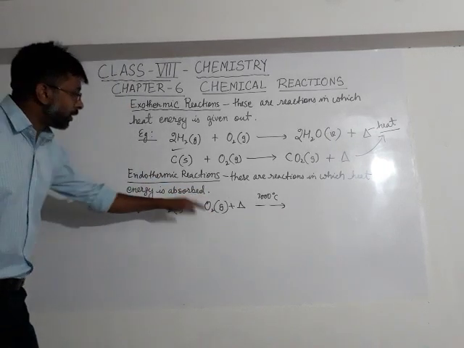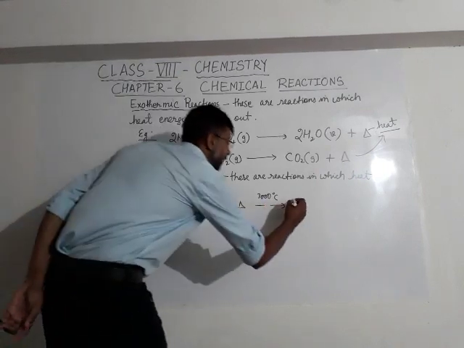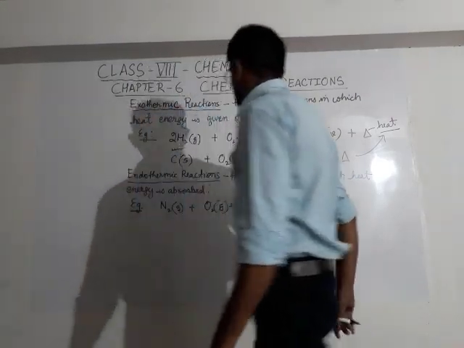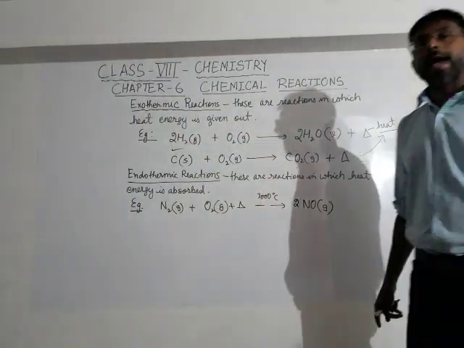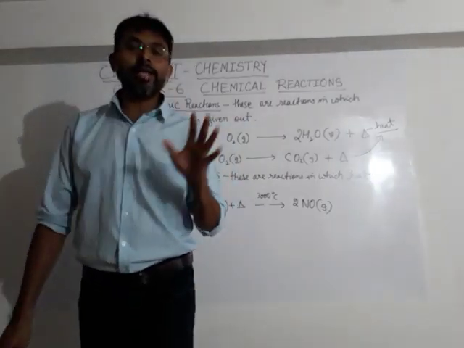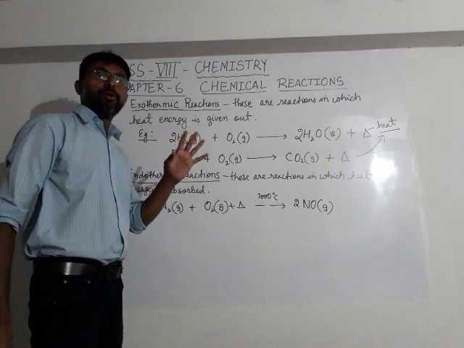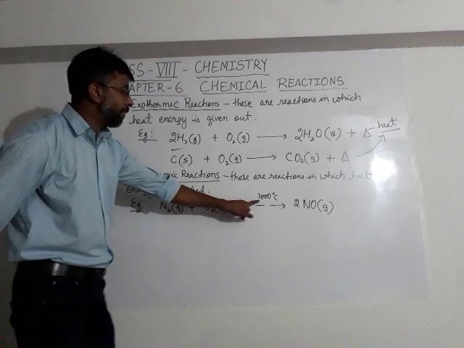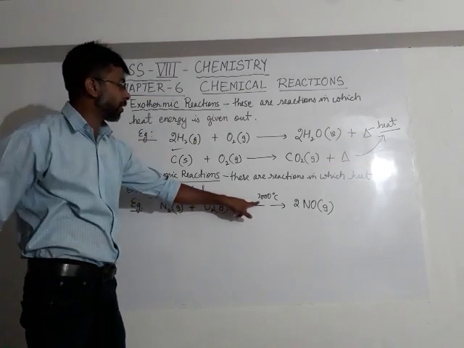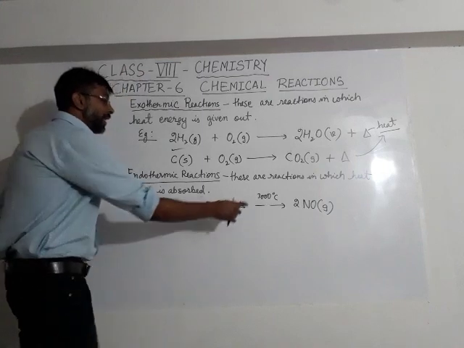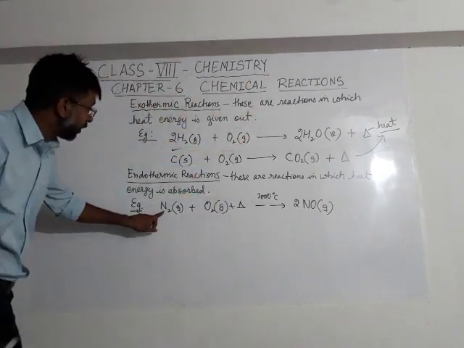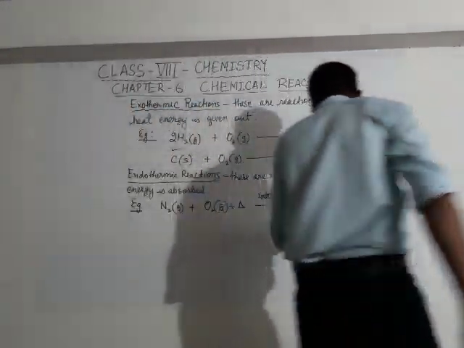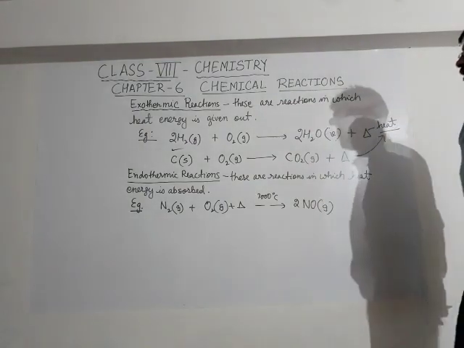So, after these two react at this temperature, the product formed is nitrogen monoxide, which is also a gas. Let me tell you, my dear students, this is a chemical reaction which happens naturally whenever lightning strikes before a rainfall. Before a heavy rainfall, there is thundering. Lightning takes place. During lightning, the temperature of the upper atmosphere becomes 3000 degrees Celsius. And at this temperature, the atmospheric nitrogen and the atmospheric oxygen combine very happily to produce nitric oxide. So, this is the first example of endothermic reaction.